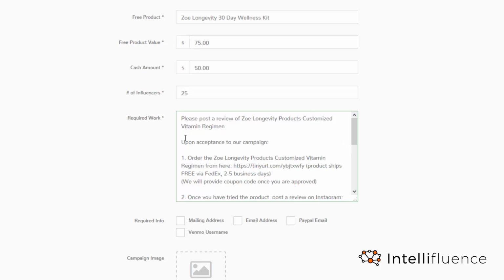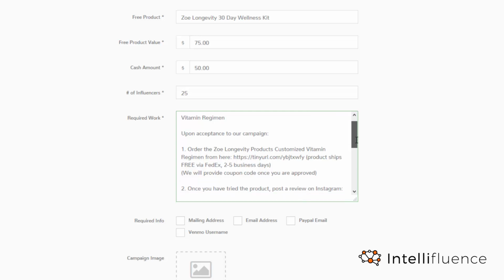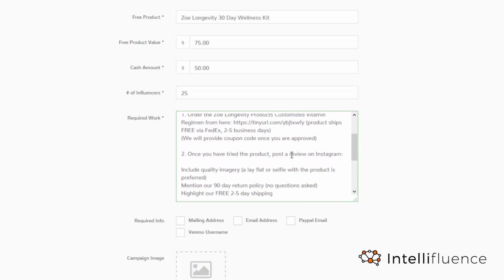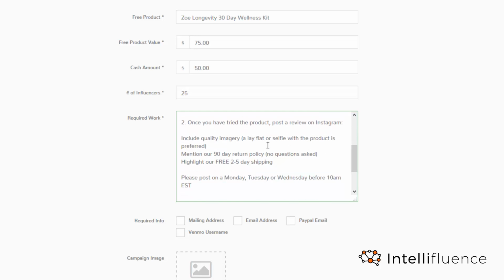So you notice I put, upon acceptance to the campaign, you're going to order the product. Here's how it's going to come to you. Here's where you're going to order it. And once the influencer has been approved and added to your campaign, you'll send them the coupon code and you let them know that there. Once the influencer's tried the product, please post a review on Instagram, and then you can add in what you're looking for specifically in the post here. And then,